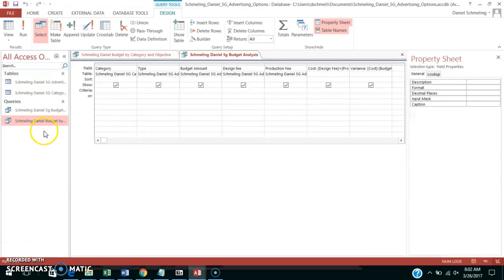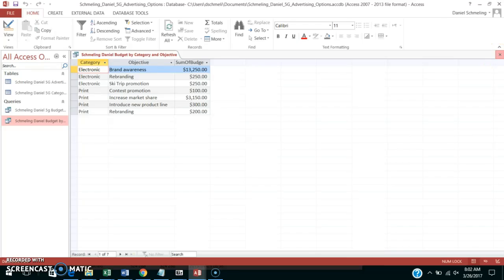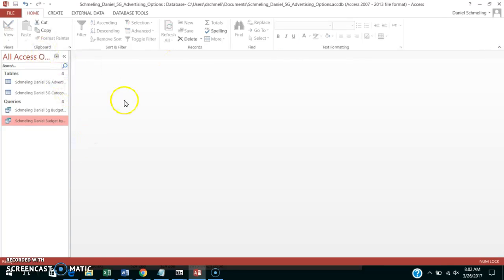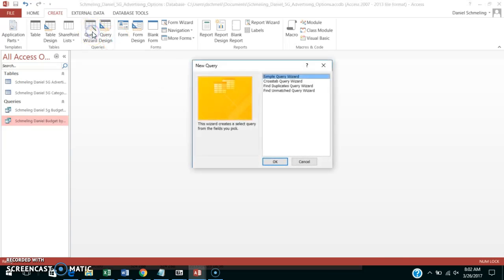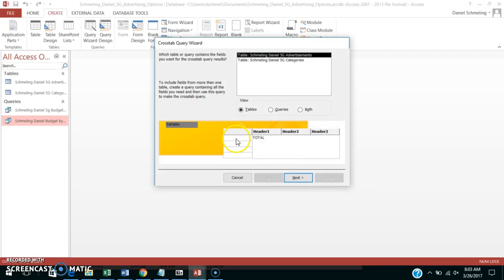Okay, for the next step, we're going to go to step 7. We're going to create a cross-tab query. So I'm just going to close out these other queries. So we're at the same starting point. I just had some open. I'm going to create a cross-tab query. It says using the query wizard. It says we're going to do a cross-tab query. Okay. It asks us to use a